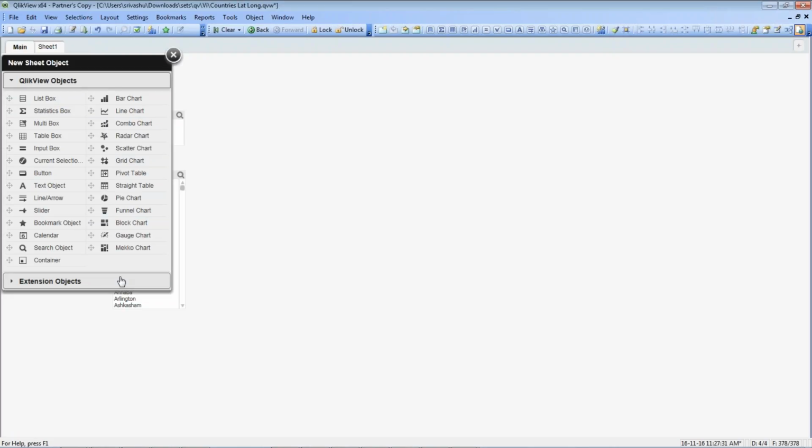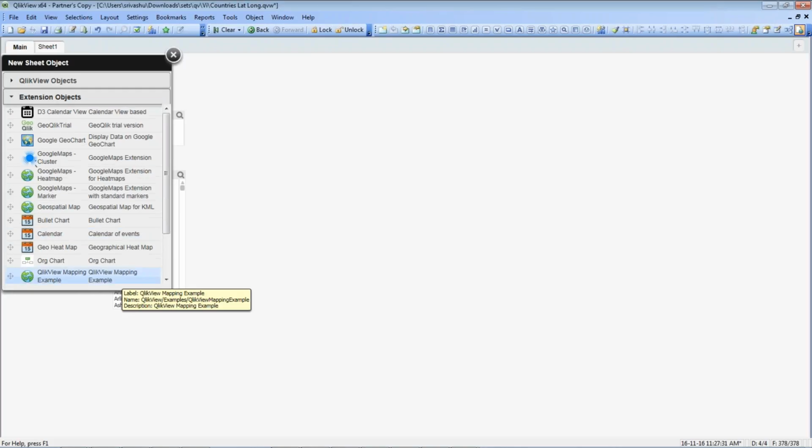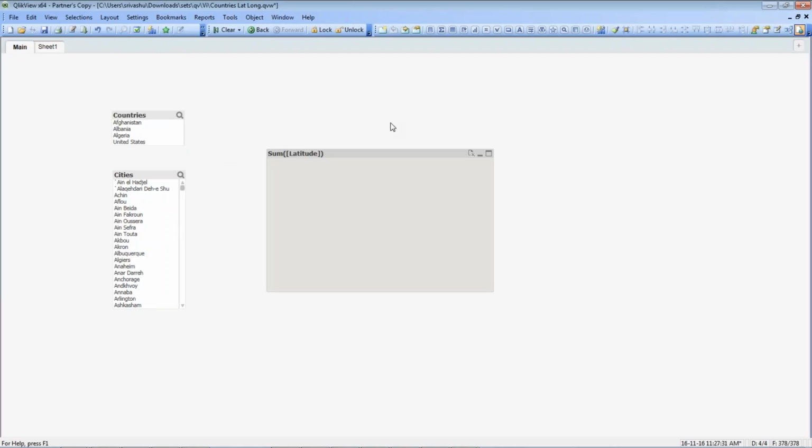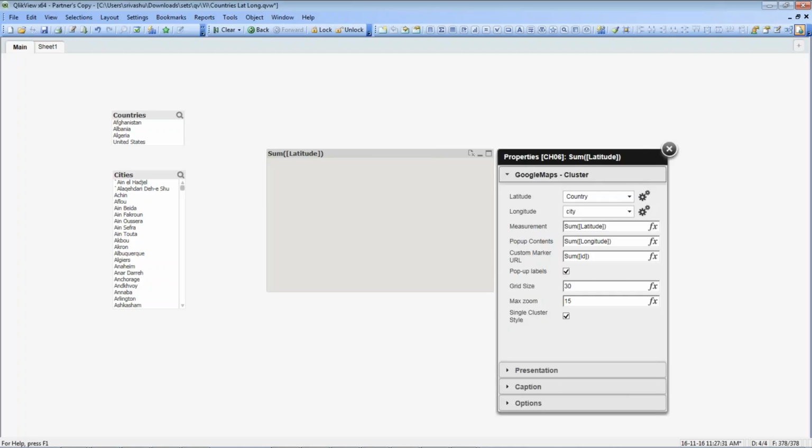But for this exercise, we were looking for a third-party tool, that is Google Map Cluster. So let's go to the extension object section and therein check this Google Maps Cluster. So what I'll do is I'll just drag it onto my main sheet so that a window shows up wherein I can show the data in the form of a map. But this map object is still not configured. So what I'm going to do next is put in the correct formula. All the relevant details of the formulas you can walk through in the later sections. But for now, this session is just going to give you an overview of how to use a map like chart